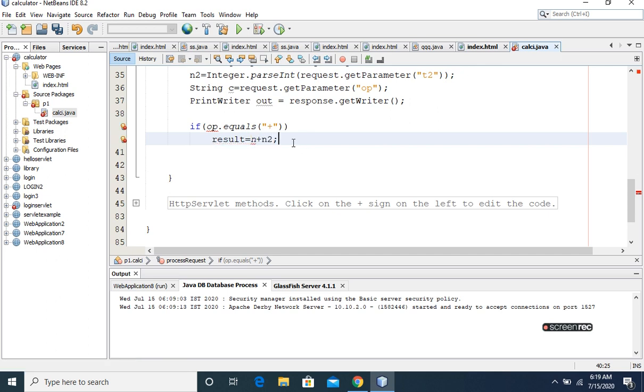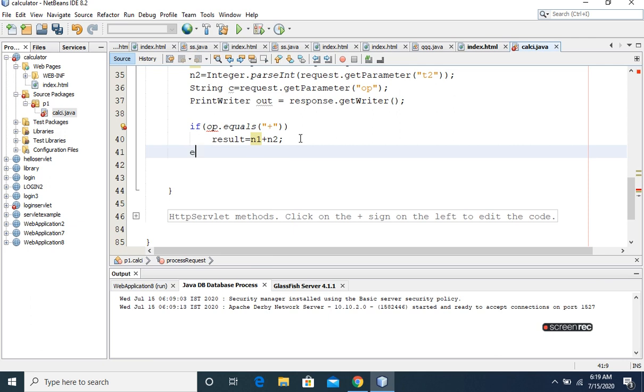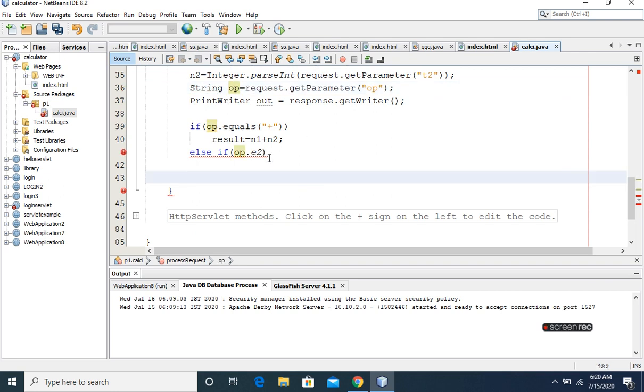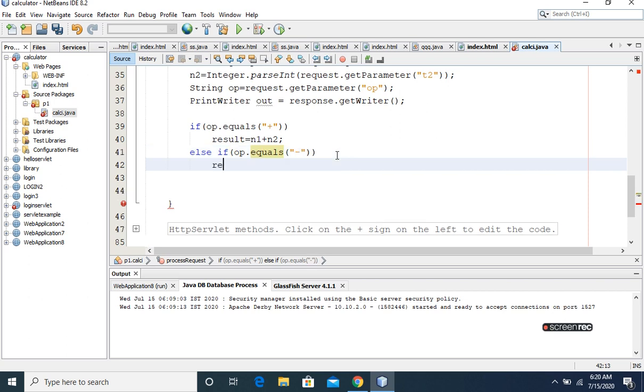If the user has selected the plus option, we will add the two numbers and will store in the result variable. Else, if op.equals, or the name of the parameter is c, we'll have to use the c, or we can change it here to op. Equals minus, result equals to n1 minus n2.